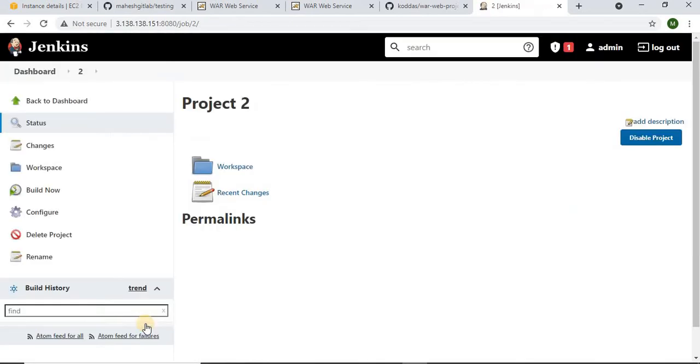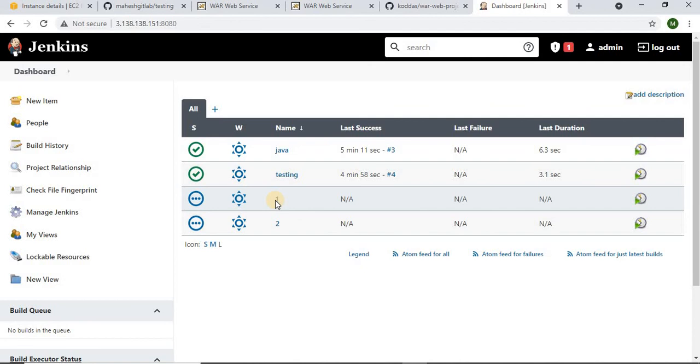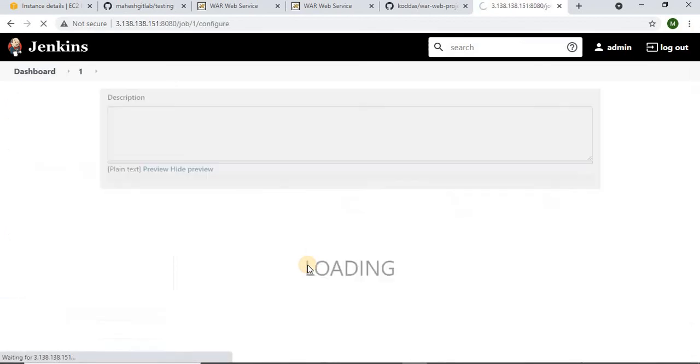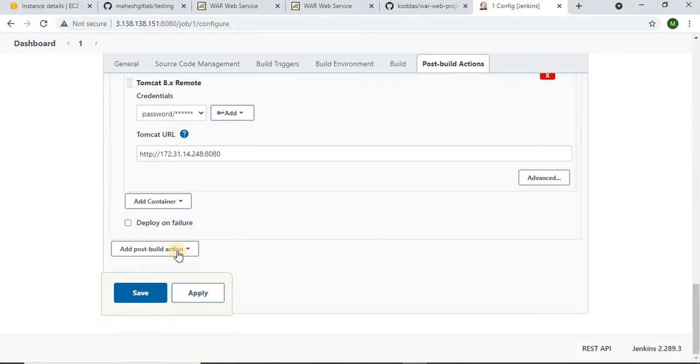Once you're done with continuous testing, you have to link up this second job to the first job, correct? Because on the first job 3 stages were there, and the fourth stage is written in the second job. So just go here, configure, post build actions, build other projects.